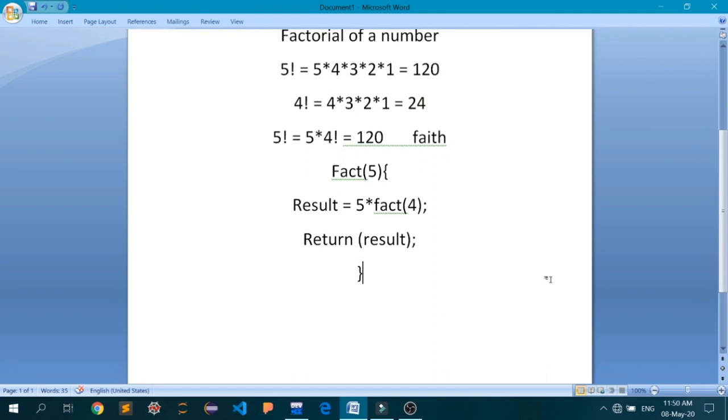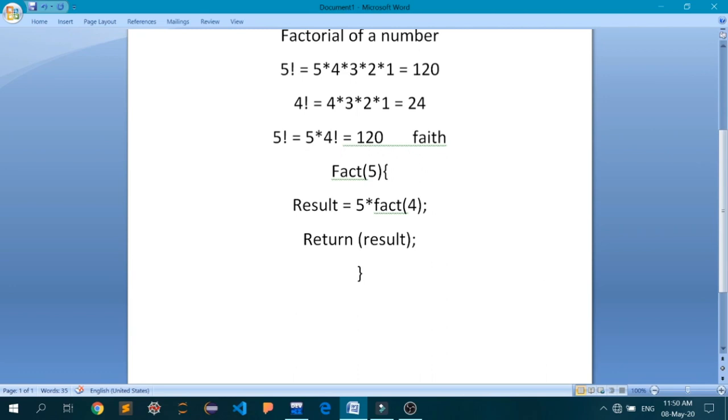Like in this case, if you are the function which calculates the factorial of a number, then what you are doing is you just multiply the number of which you have to find the factorial, and then again use yourself to calculate the factorial of x minus 1.